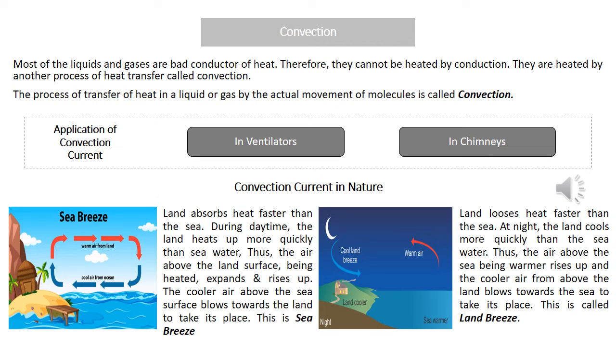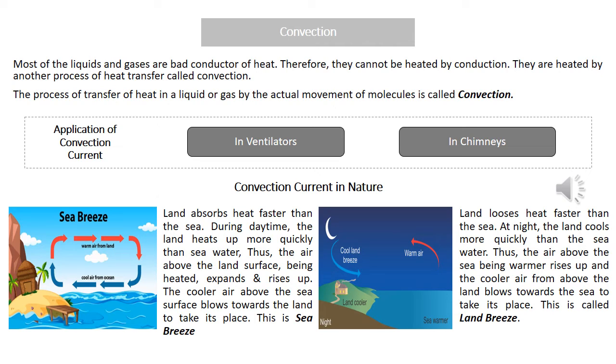So this is called sea breeze, because sea breeze means pleasant wind. From the sea, cooler wind is coming towards the land. So now a convection current is set up, isn't it? By the actual movement of molecules, heat is getting transferred from the land. Heat is going towards the sea, and from the sea, cold air is coming towards the land. That's how they set up a convection current. You can see the arrows. These arrows are showing the convection current. Red and blue arrows making a circle, no? So it is making a convection current.